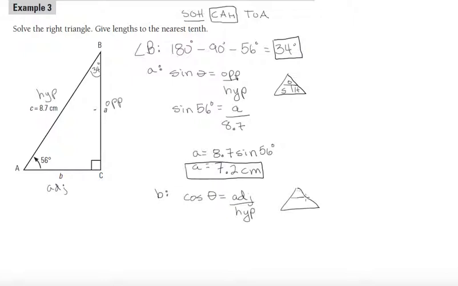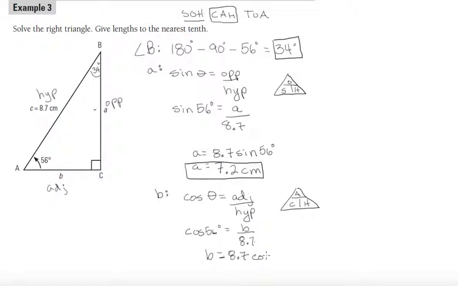So my triangle looks like this. Cosine is adjacent over hypotenuse. I am looking for the adjacent, so I can cover up the adjacent. It's going to be another multiplying question. So cosine of 56 degrees is equal to the adjacent, B, over the hypotenuse, which is 8.7. So B is equal to 8.7